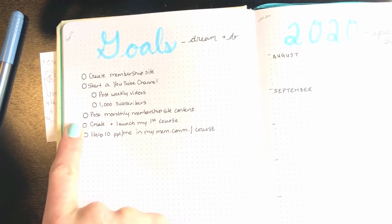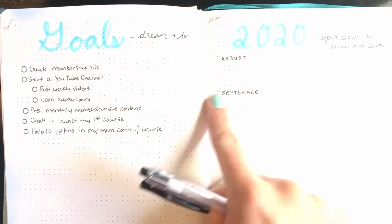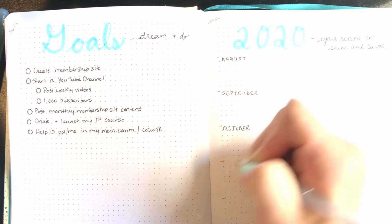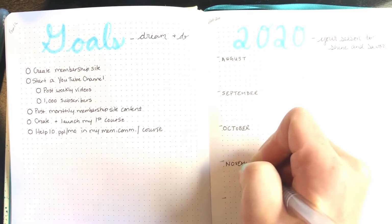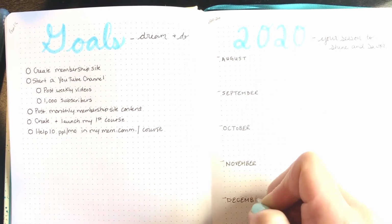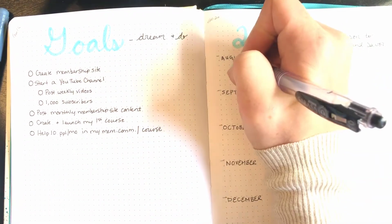So now I'm just going to show you the goals page. I went ahead and filled in all my goals on the left-hand side. And now I'm writing out the last few months of the year: August, September, October, November. Wow, you guys. I know that 2020 has been really difficult thus far. It's really helped me realize,